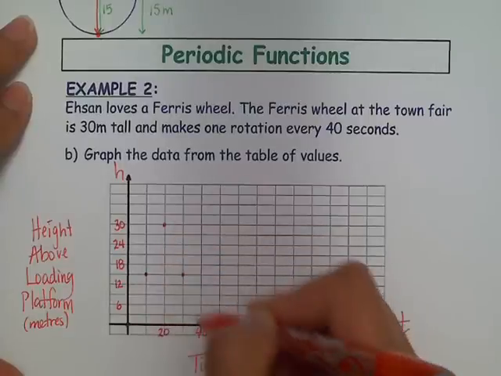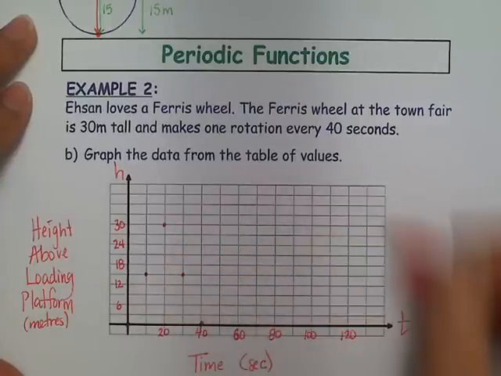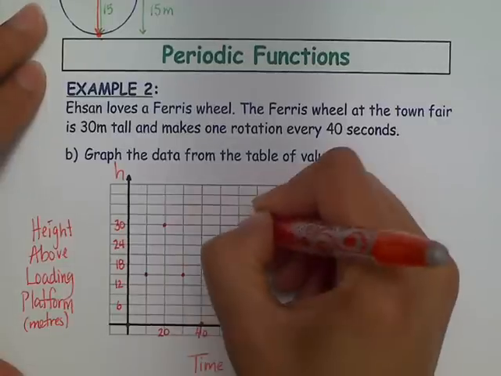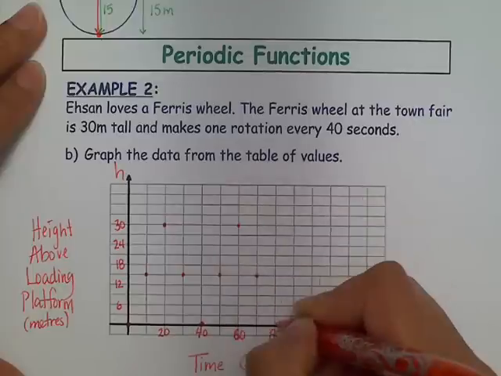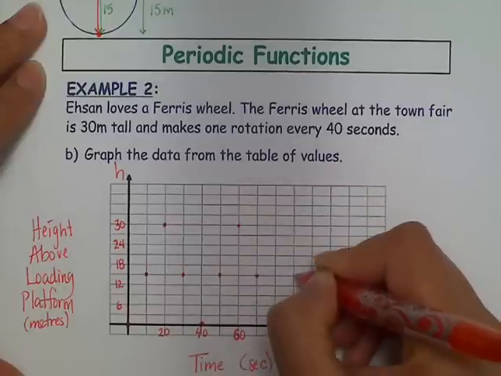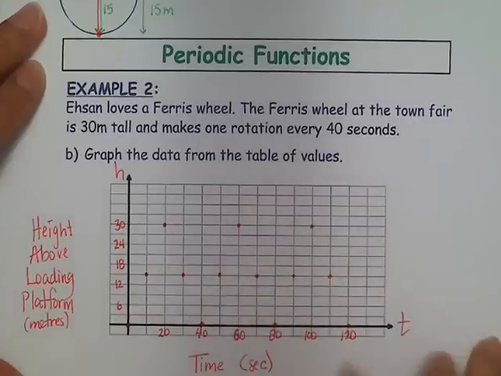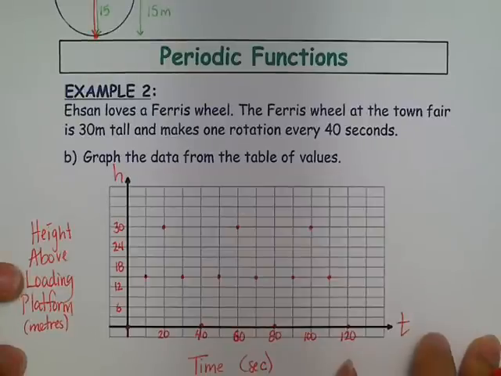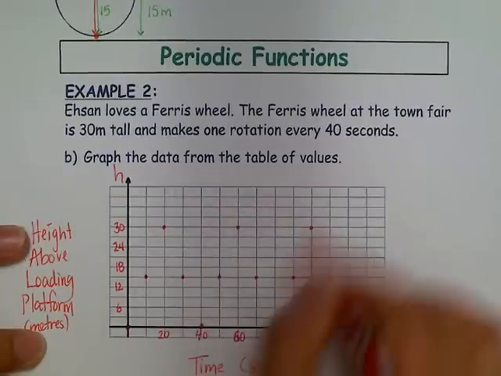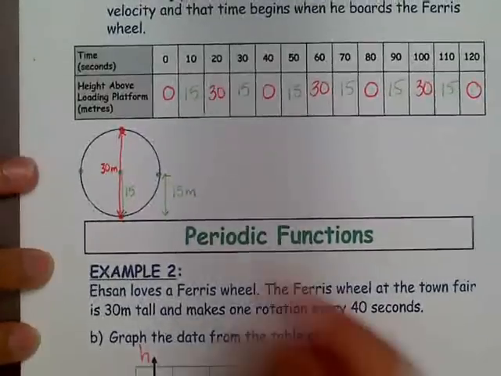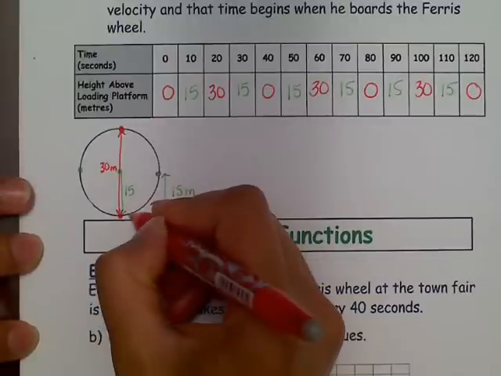And what you'll notice is that it increases and then it decreases. And this is going to continue to repeat for 2 more rotations. So he's up to the maximum, then he goes back down to the minimum. Then he goes back up to the max, and then back down to the minimum. Now, what I want you to recognize is, I know it might be tempting to try to draw zigzags here, so pointy zigzags. However, if you actually look at how his height is changing while he's on a Ferris wheel,